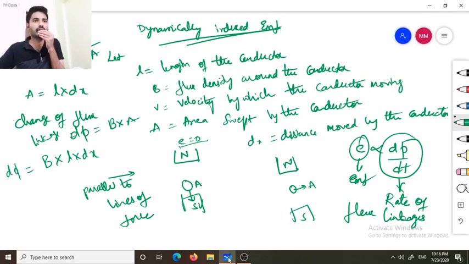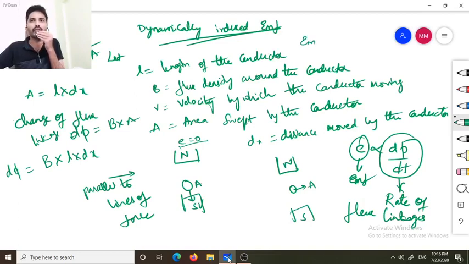As the rate of change of flux linkage, we got the d phi value, and we want the time dt. If we divide these two, we'll get the EMF value. So in order to derive this,